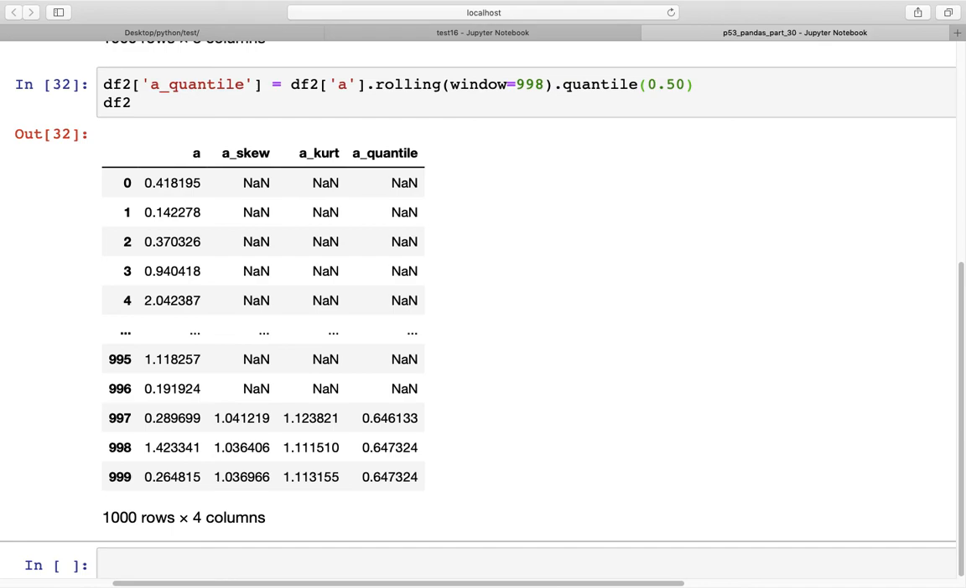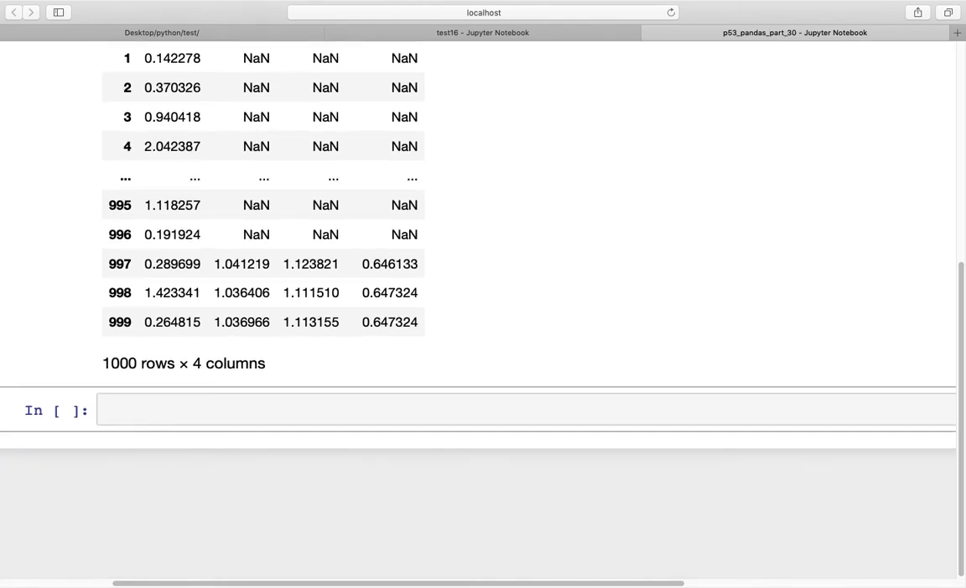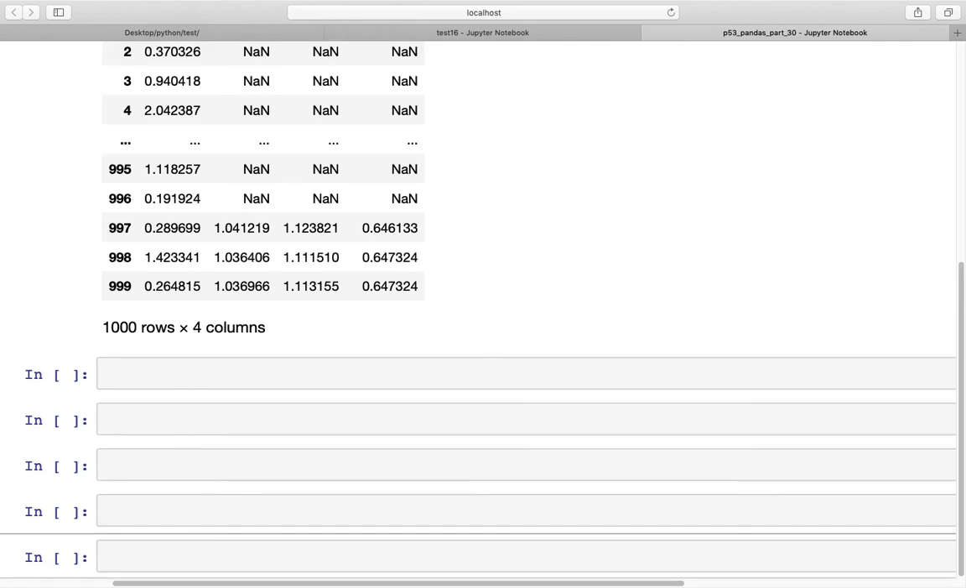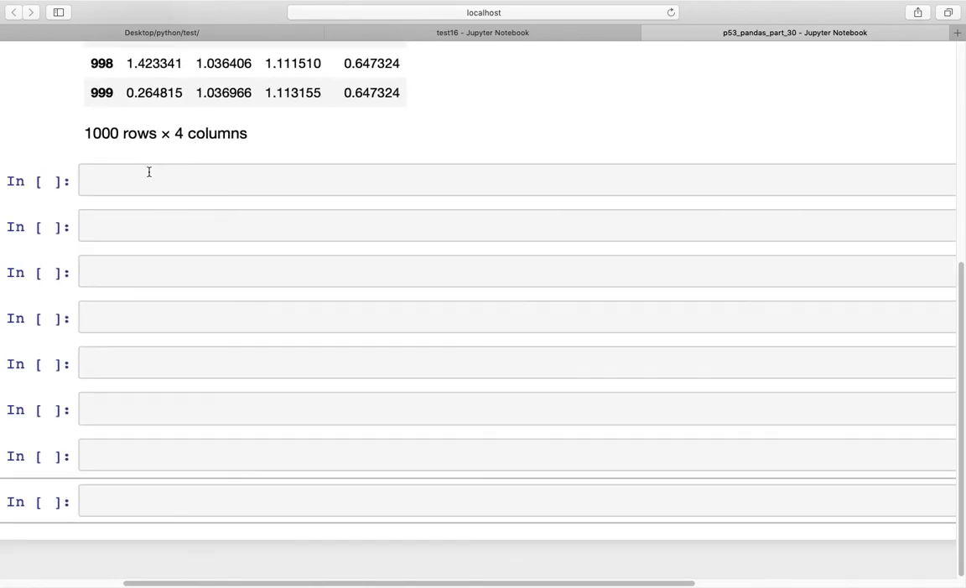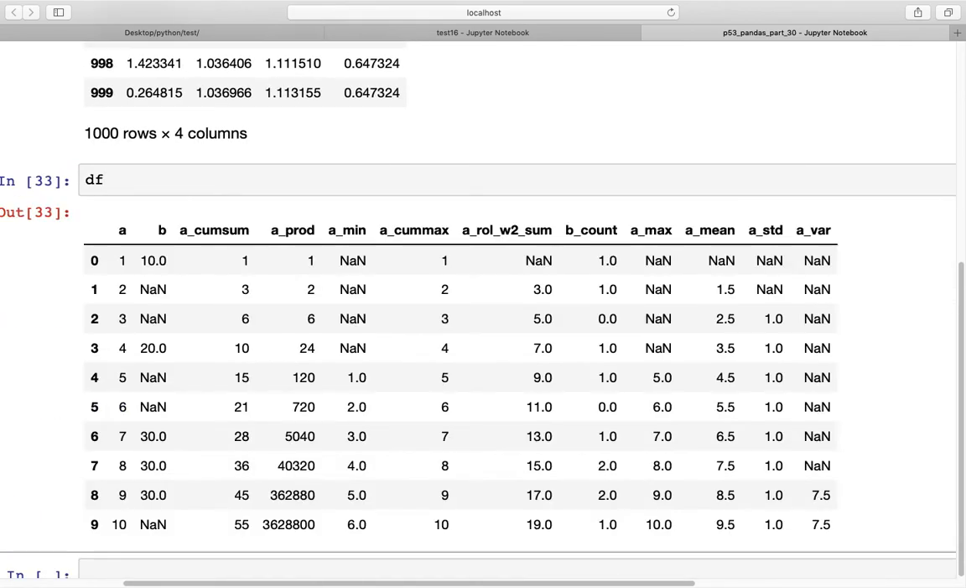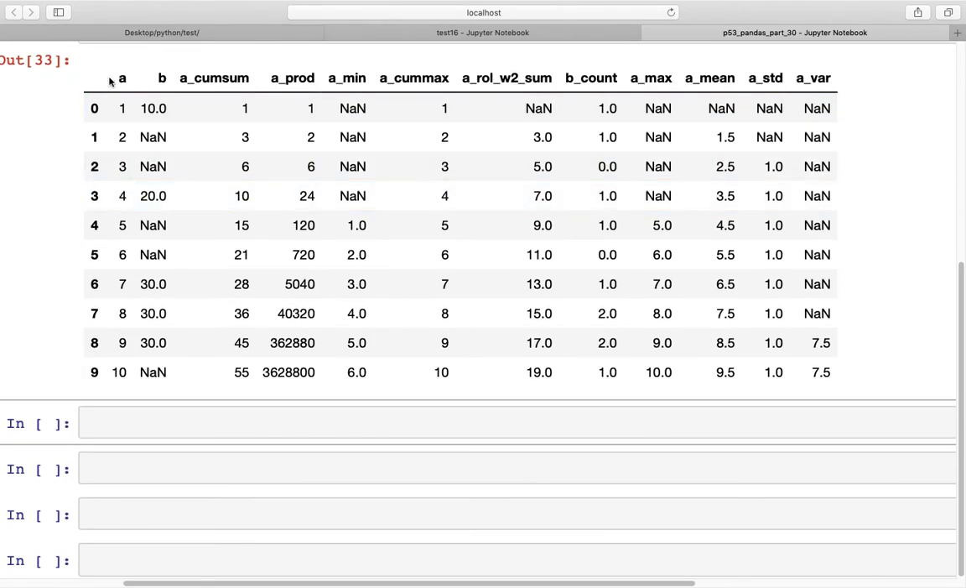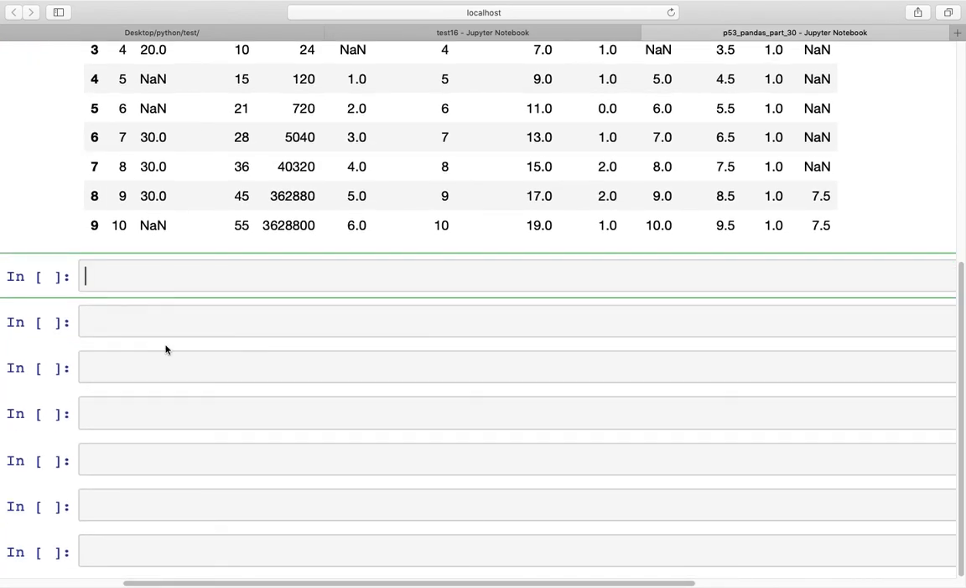Now, in addition to these, quantile, kurtosis, and skew, we can also use the rolling window to calculate covariance and correlation. So I'm going to go back and use the df data frame. So the df data frame now has so many columns. We'll use the column A, which has numbers 1 through 10, and here if we use just those columns 1 to 10 for A and B,